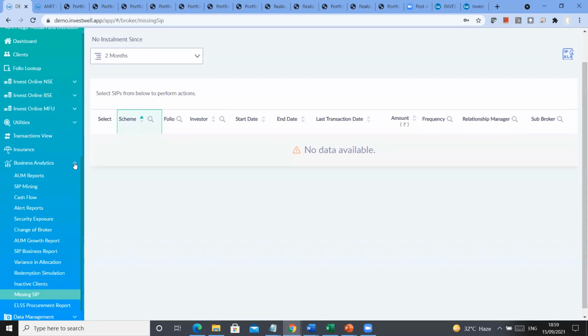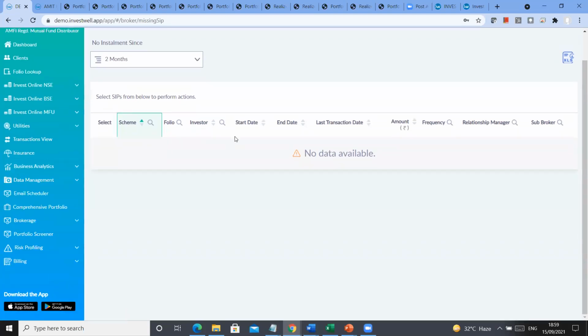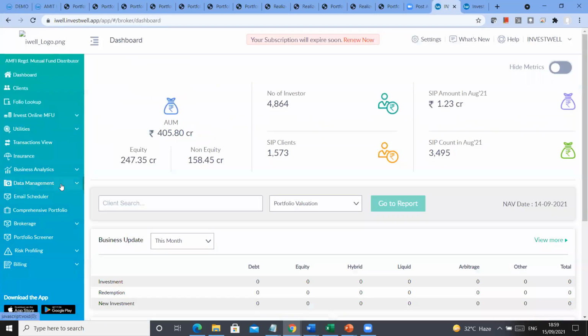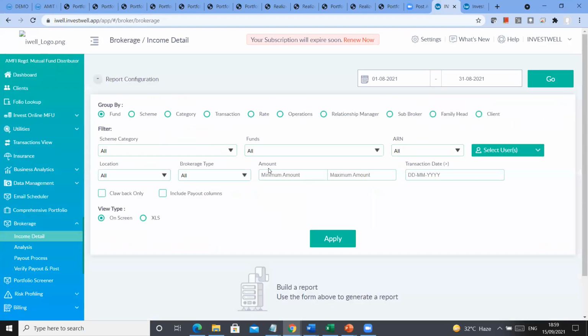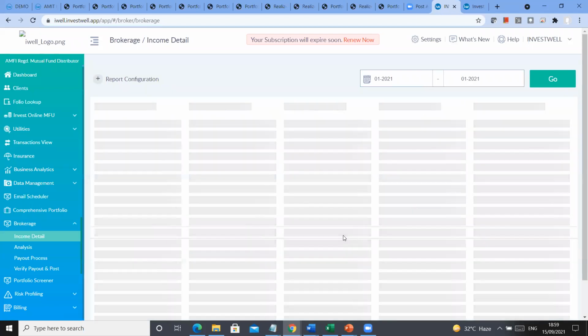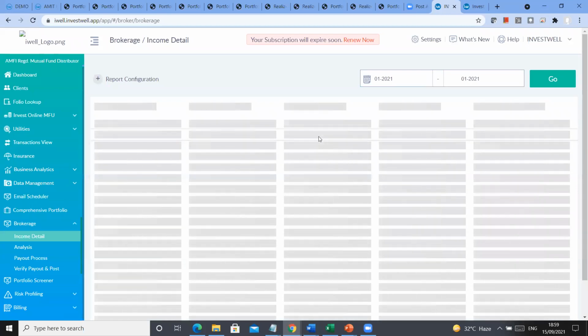Similarly, for any particular period, there is a very important report, that is your brokerage reports. In the brokerage reports also, we have given you various options, like here you have something called rate wise. Now what does this rate wise mean? For any particular period which you have chosen, you would be able to view it. Suppose I want to see the report for January. So if I say rate wise, here you can see